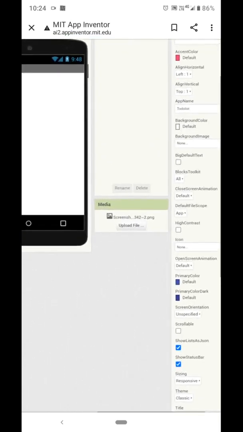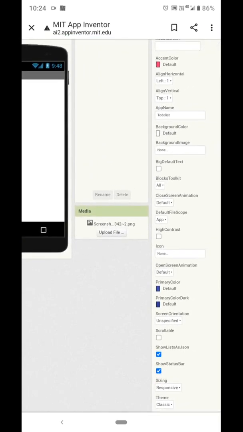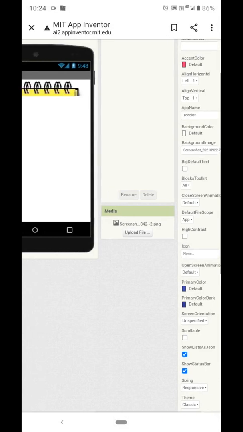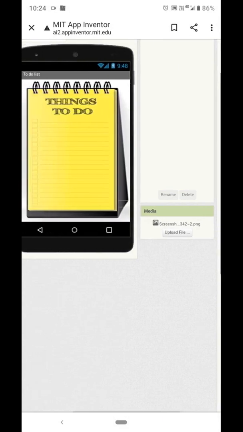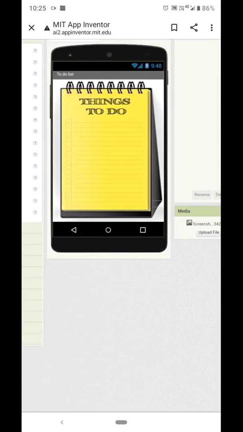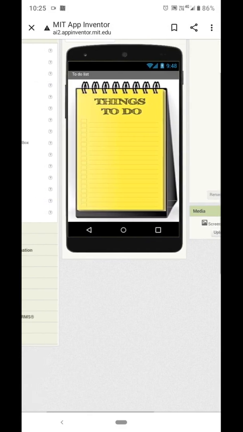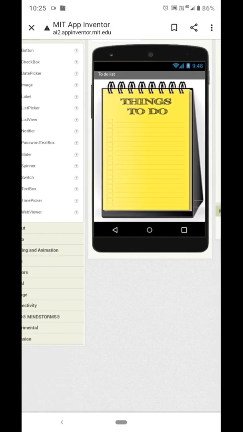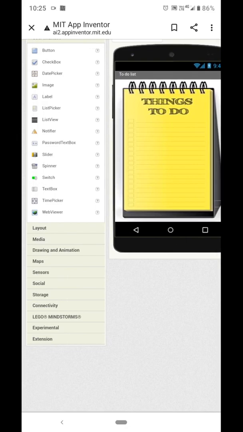Go to the property of background image and select the image. Okay, so one image is set to the background.